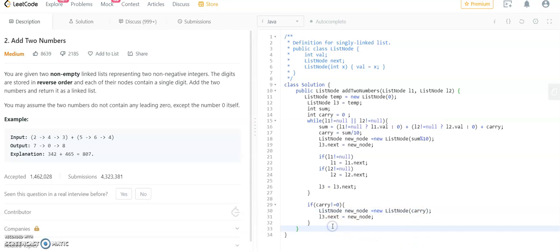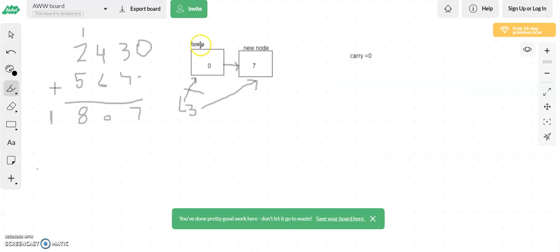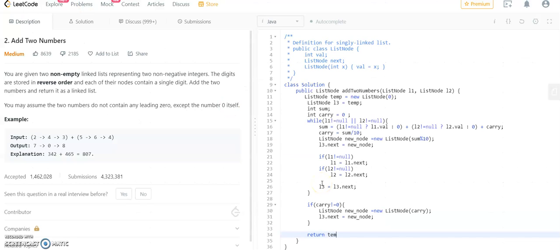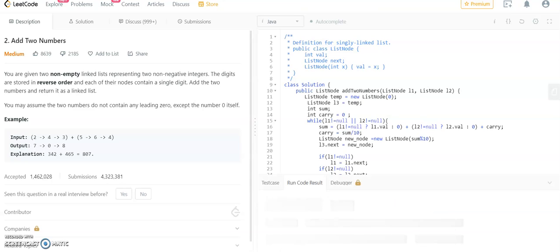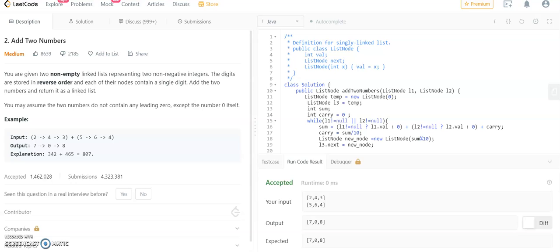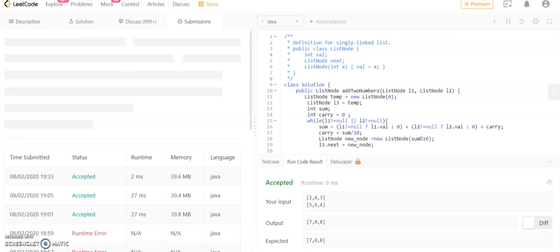and after this we'll just return what we want to return, which is temp.next. We don't want to return this 0 value, so temp.next. Now let's run this. Accepted, submit,